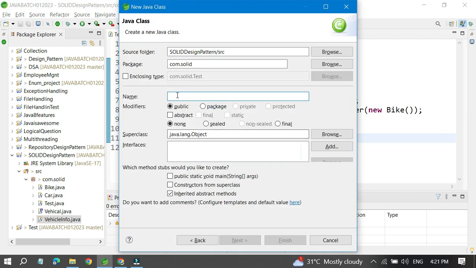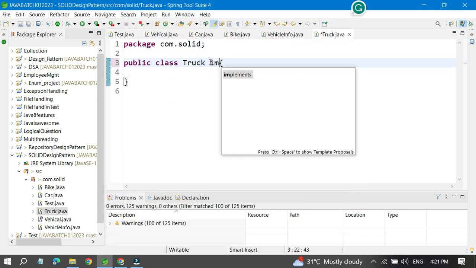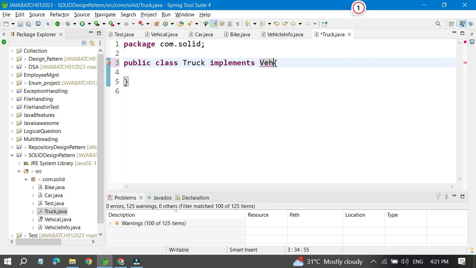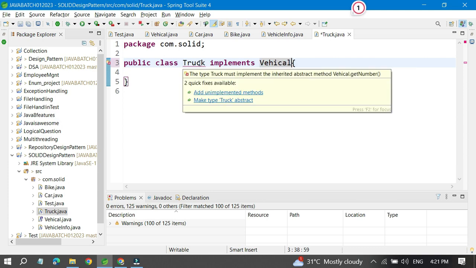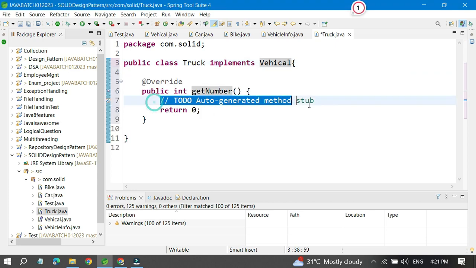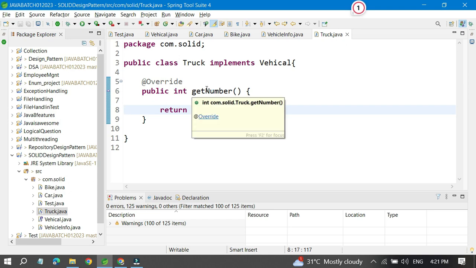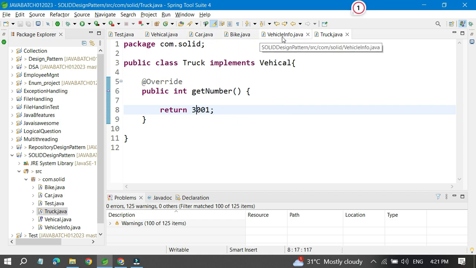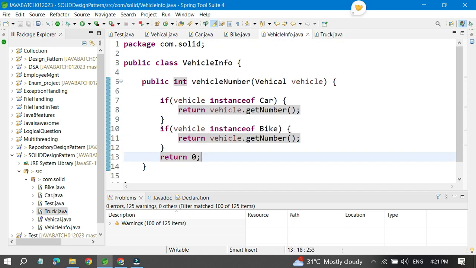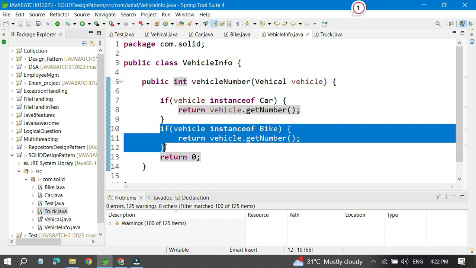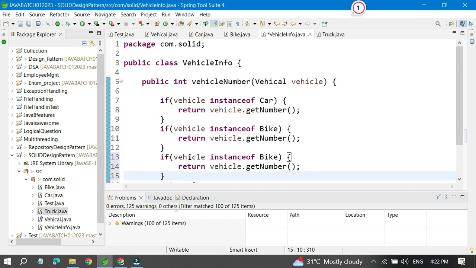So let's create one object called truck, and truck also implements which one? Vehicle, right? Vehicles, and it also has to implement the same, and it also has some number, so 3001. This is the number the truck has, but only changing this one, we can't use it. What do we have to do? We have to change inside the vehicle info also, one more if line you have to write here. We have to write here: if it is truck,